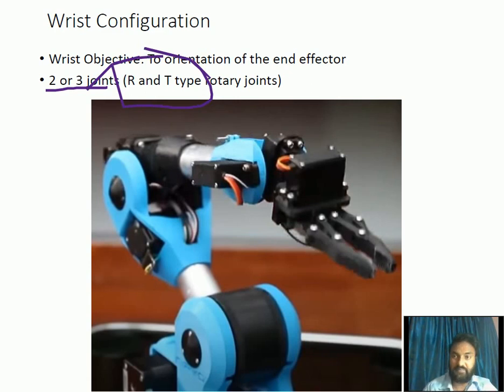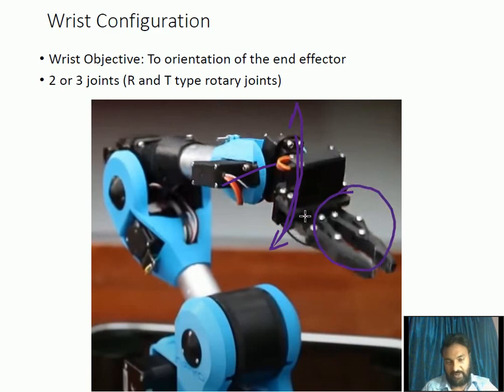See here. Now you see this one, due to this joint, this end effector can move up and down. This tool, the jaw, is a part of the end effector. So generally we call it an end effector. This joint allows the end effector to move up and down. In a coming slide we will see this one. We can call it pitch.